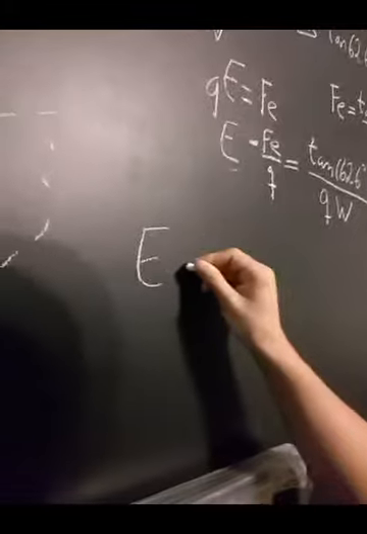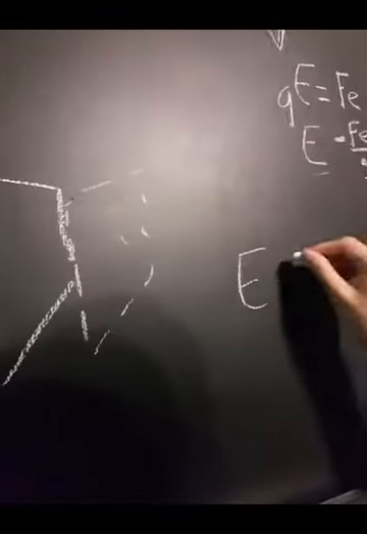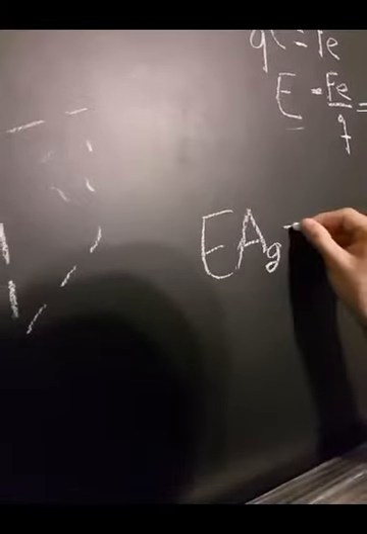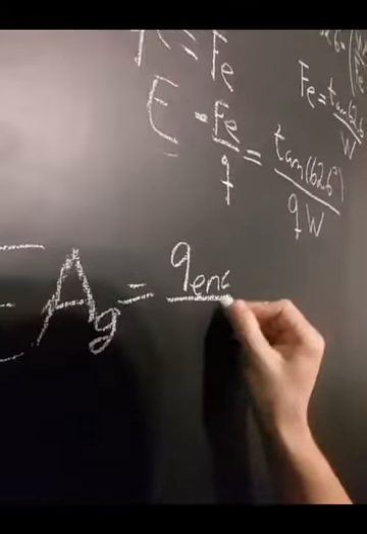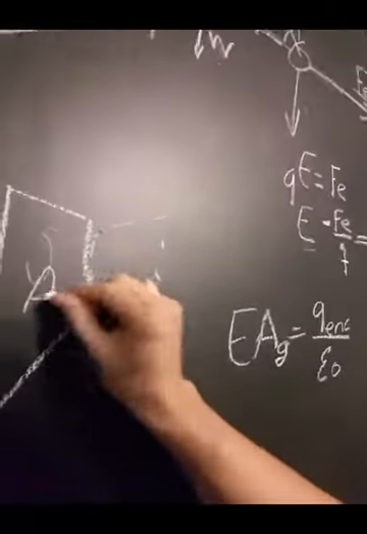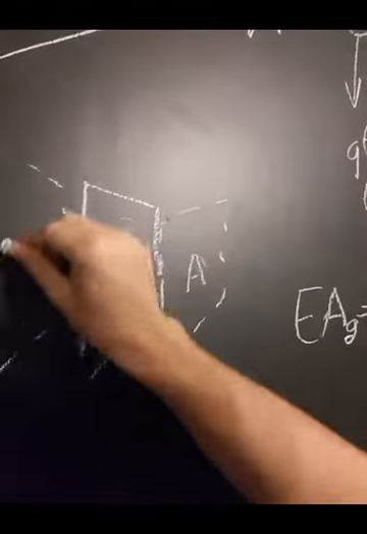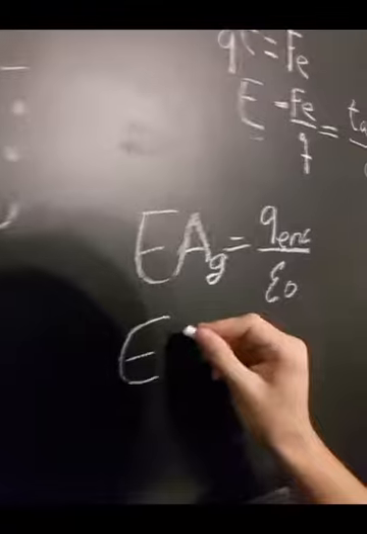And we know that the electric field multiplied by the area of our Gaussian surface will equal the enclosed charge, which will be the total charge of this, divided by epsilon 0. Now, we can see that this has an area, and this will have the exact same area, and this will have the exact same area. So we get that E times 2A